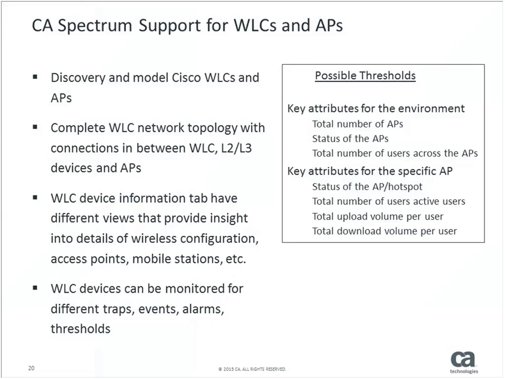Now, when we started off with this, we wanted to make sure that all the key capabilities that Spectrum provides out of box, we give that anyway. So discovery of the devices, the controllers, the access points, the topology, the relationship between the controllers and access points, root cause, fault isolation, alarm suppression, all those good things that Spectrum brings to the table. Obviously, they are expected. What we went a step ahead in this case was, I think we spent a lot of time trying to understand with customers, okay, what are those key problems that you would try to solve here?